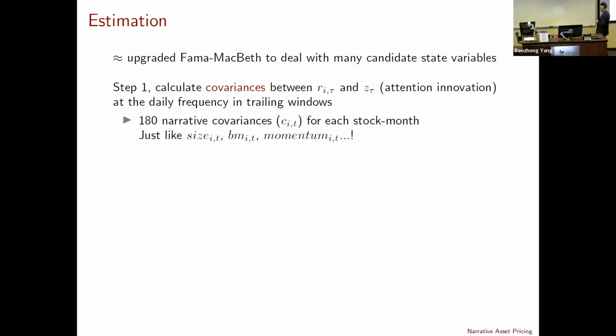Think about it. This is just like our characteristics: size, book-to-market ratio, momentum. Those are also stock-month information. You can sort on size to get a good investment strategy. So my message here, if you come from a practitioner mindset, is that you can also sort on those 180 narrative covariances, and the trading strategies from sorting on them are already pretty good. And eventually, when we estimate factors, the factors indeed can be explained as a dynamically traded portfolio that trades on those narrative covariances. But we don't do just sorting on that.